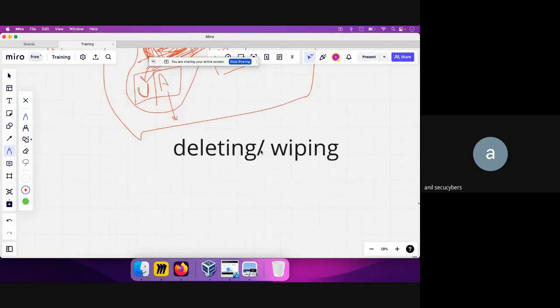So this term is something we should know whenever we are dealing with any kind of forensic investigation: what's the difference between deleting and wiping? Okay, now let me quickly go to that and